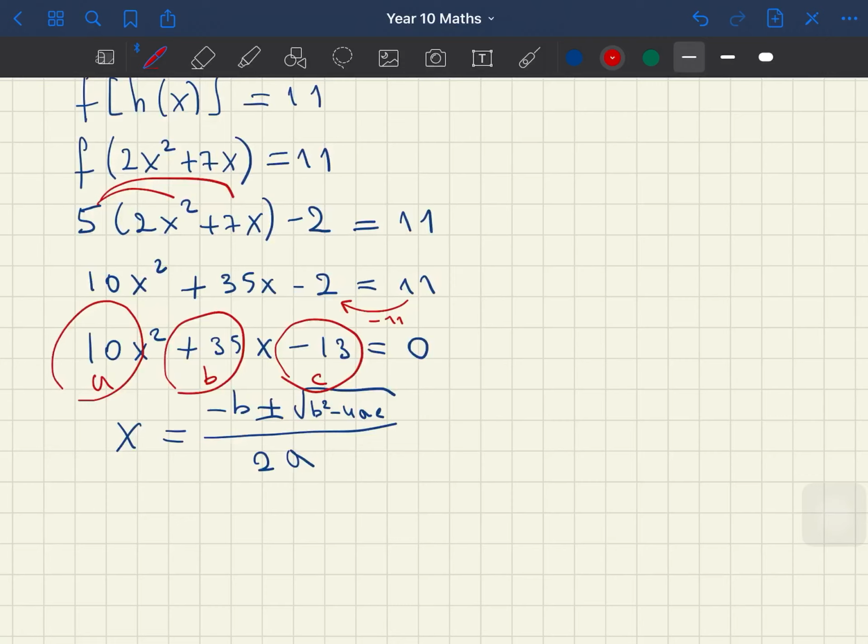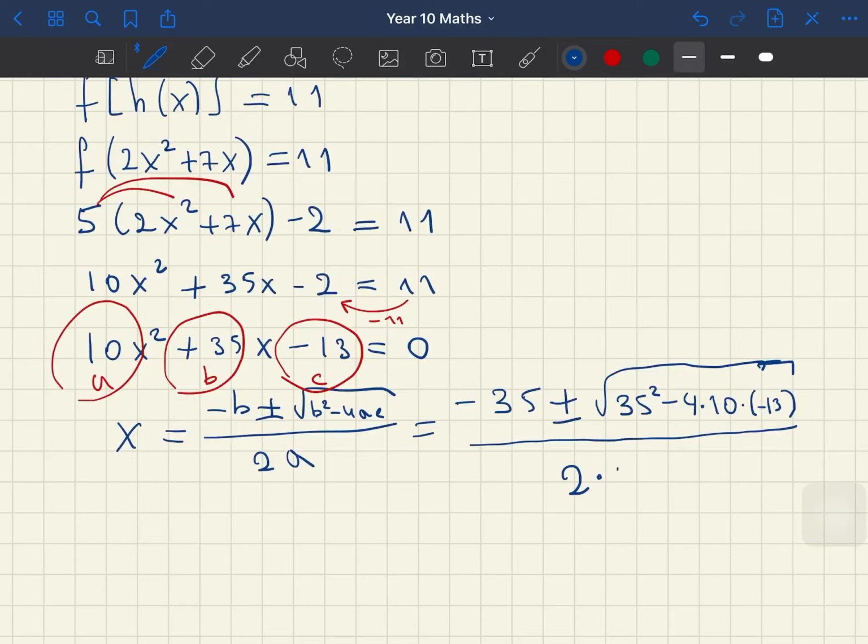And this is our c, right? So x is equal to minus b, so it's minus 35, plus minus, and then we go b squared, so 35 squared minus 4 times a, which is 10, times c, which is minus 13, divided by